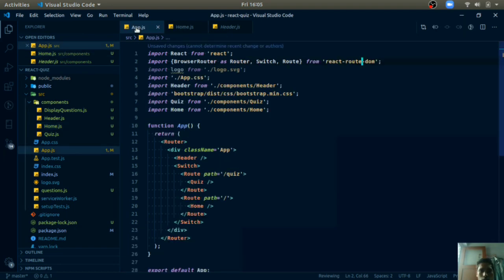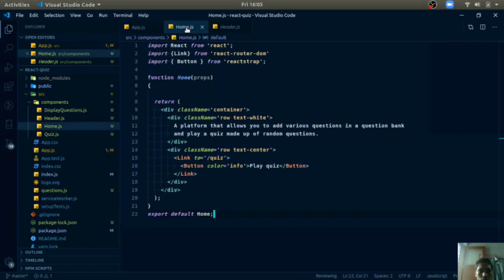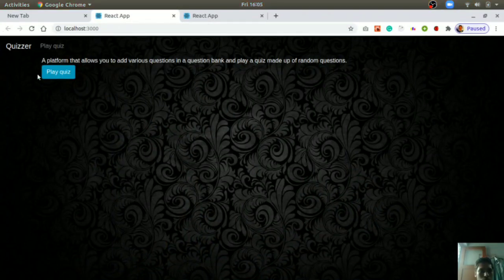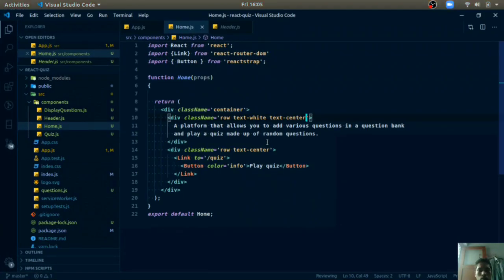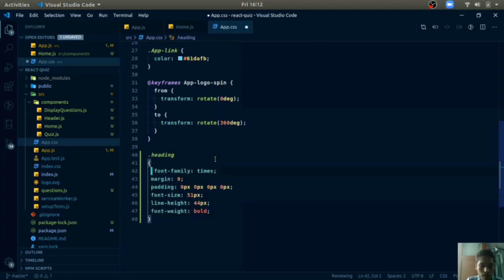And now let us see if everything is okay. Oh, here I misspelled it, it should be Router, from react-router-dom. Okay, and we can do one more thing, use text-center here also. Now let us see how it looks. It is not looking good. We can do one more thing, just create a class heading, and we will create this in our App.css file. I have some CSS with me, so I'm just pasting it. I tried many variations and this was the best I found to be suitable.